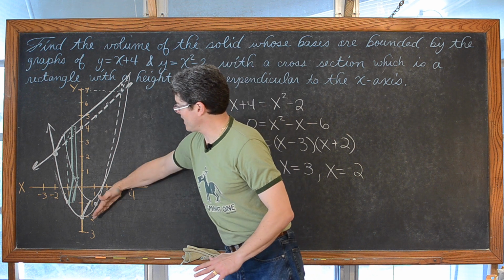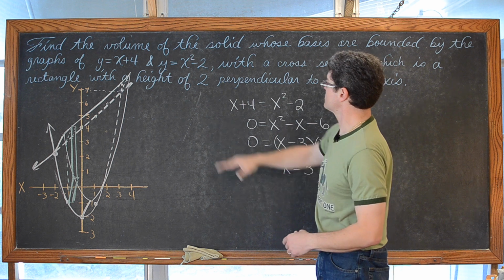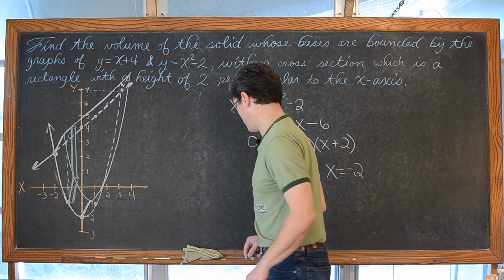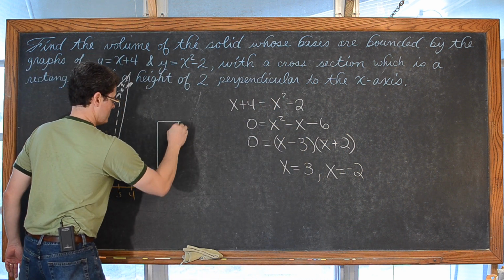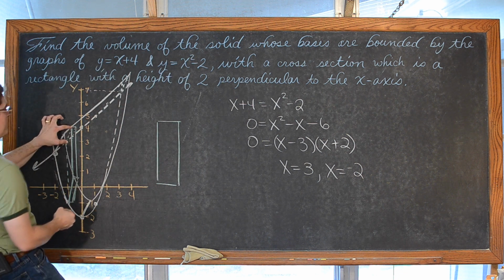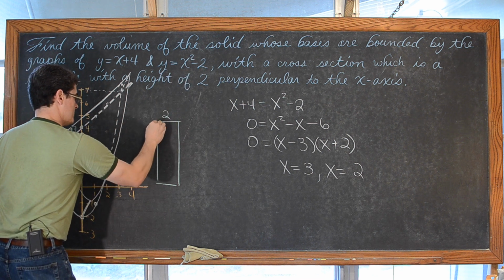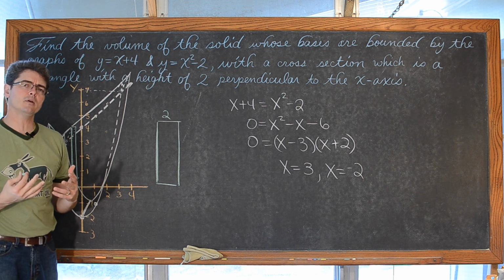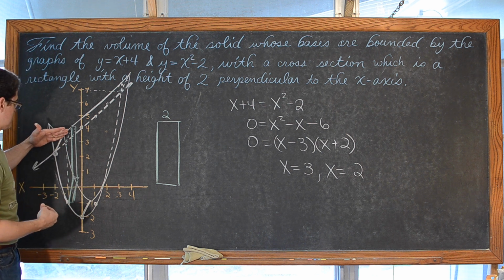We have a parabola, a line, 2 units, 2 inches, 2 feet, 2 whatever units tall. And what I'm trying to show is a cross section here. I'm going to pull this out and emphasize again that we have this rectangle whose height right here is a width of 2, or a height of 2, however you want to say it. And then the length of these rectangles is going to be defined by the distance between those 2 functions.